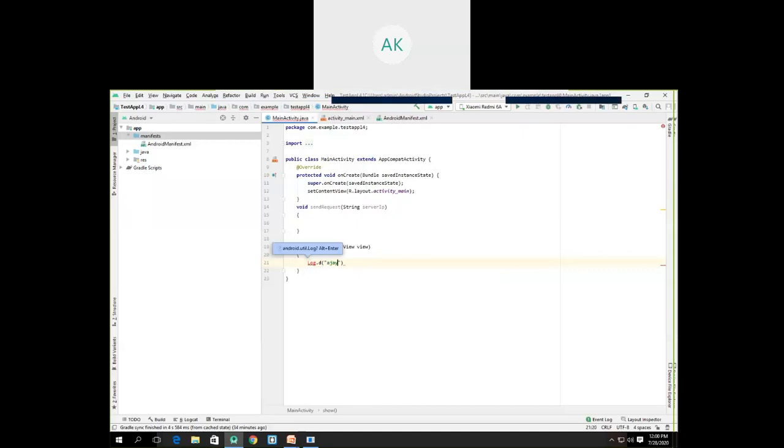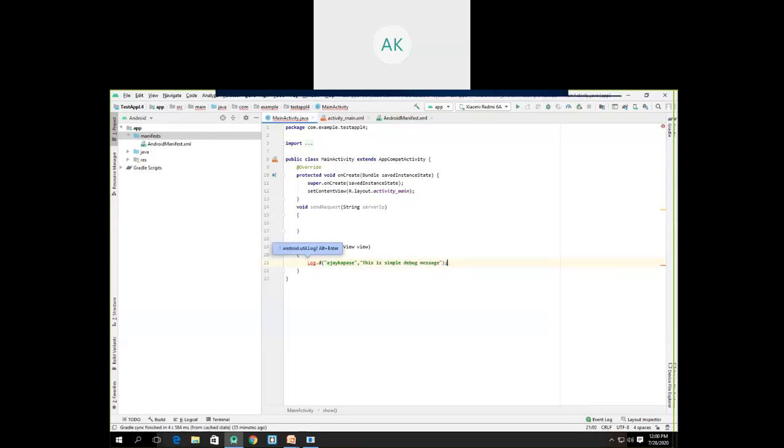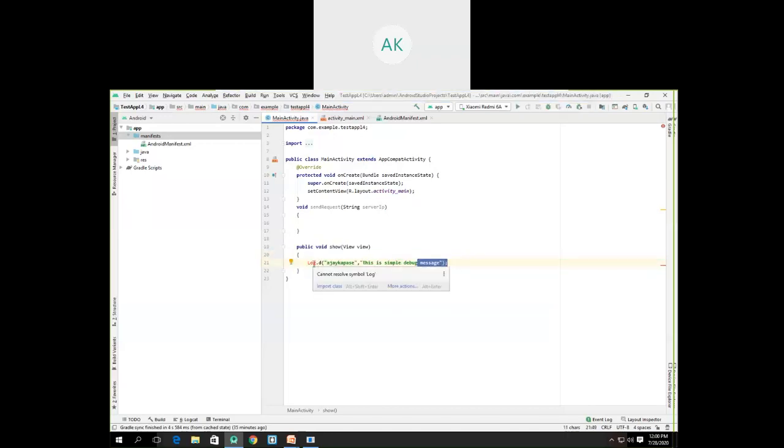For example, I'll be using my name, Ajay Kapse, and I'll simply write here: this is simple debug message. Now if you see here, even as I write this code, this log is shown in a red color.